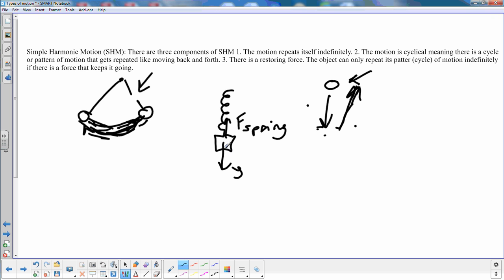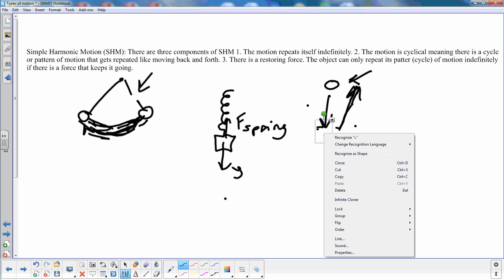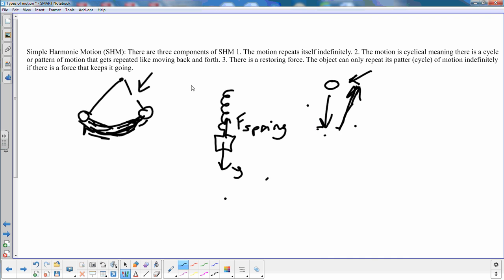Here, and we'll talk about this later on in the year, the ball is getting acted on by a table, and the ball is acting on a table. In both of these, both forces are acting on the spring. So there's no third weird random object involved. Fair enough? So simple harmonic motion, three components. I would know all three of them, and I'd be able to recognize that there were two at least, unless you can think of another one,